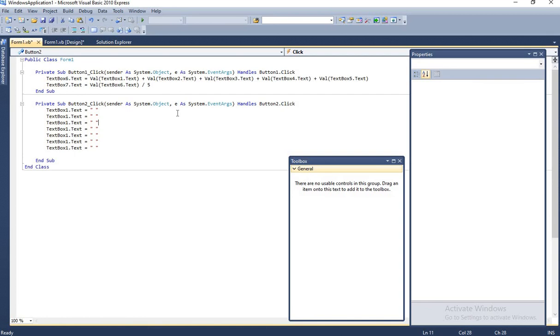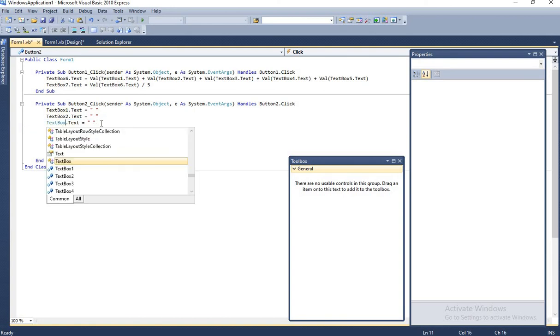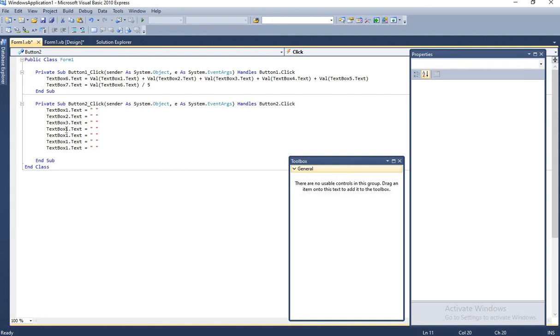Now we will change their names: the first is TextBox1, the second is TextBox2, then 3, 4, 5, 6 and then 7. So I have changed the values for all the text boxes. It will clear the values.